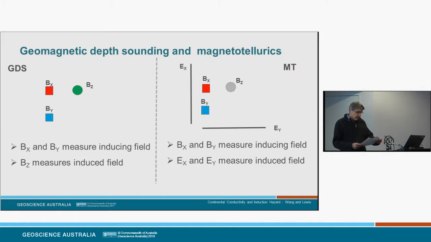So the link between electricity and magnetism is well understood and described by Maxwell's equations, which say, amongst other things, that a time-varying magnetic field induces electric currents in conductive material, and electric currents flowing in conductors create magnetic fields. So the fundamental data sets for studies of Earth conductivity are a time series of variations in the geomagnetic and the geoelectric fields to measure the inducing field and the induced electric field.